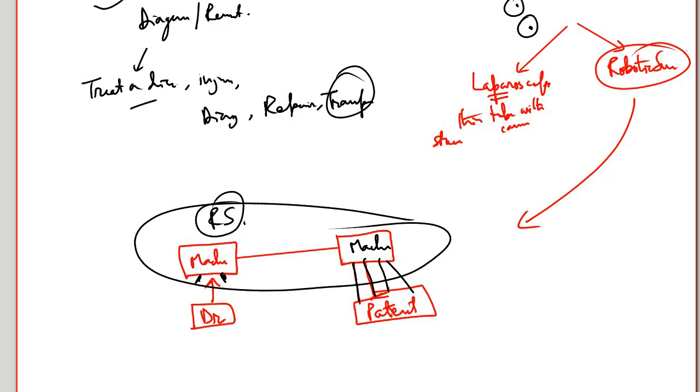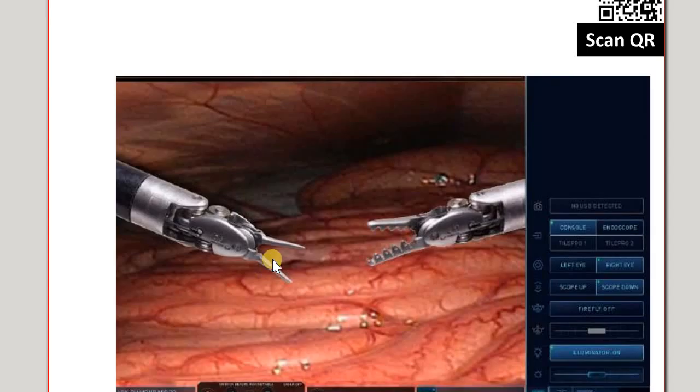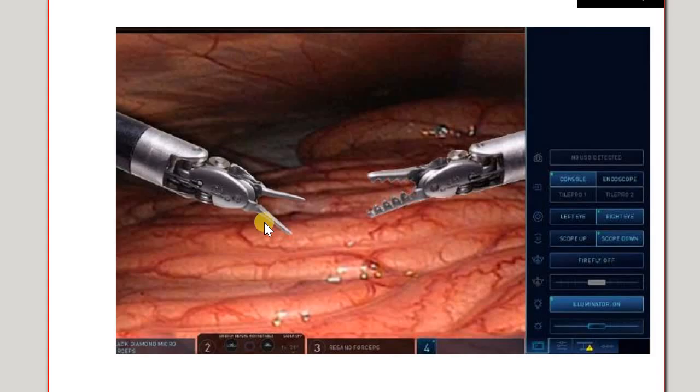And what are the advantages? First of all, it provides enhanced precision, and also the doctor can see live video of what is happening, because one of the arms I can replace with a camera and see what is happening. So here one of the arms has the camera, and from the camera what I am seeing over here is